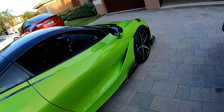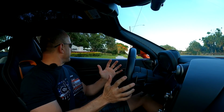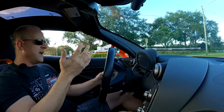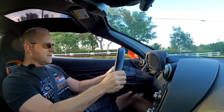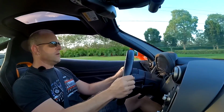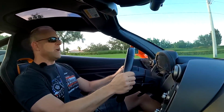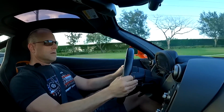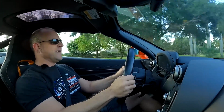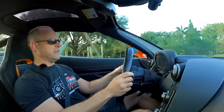What a perfect color. All right, so first impressions right off the bat is that it just doesn't shake and it doesn't have that rumble that the 765 has. And that's after I haven't driven this car in a few weeks, and you notice it immediately. Now I'm in track right now, so we're just going to cruise on. This is a kind of bumpy road. Steering is definitely lighter in the 720 than in the 765. No doubt the 720 still moves. It is a very fast car. But as you'll see when I get in the 765, I'll try to express to you, it just doesn't have that liveliness that